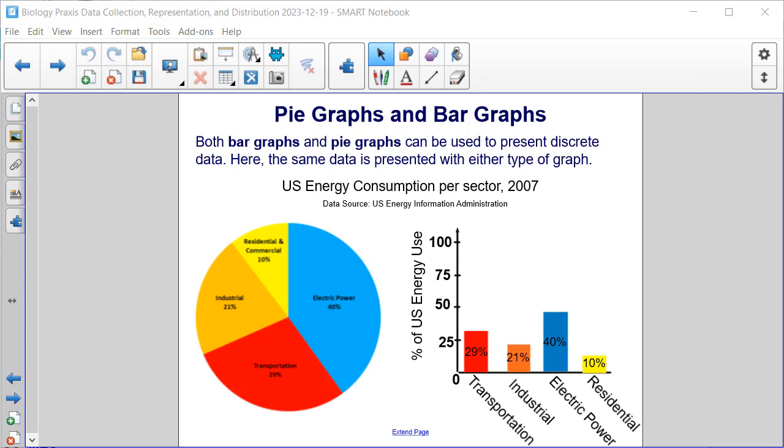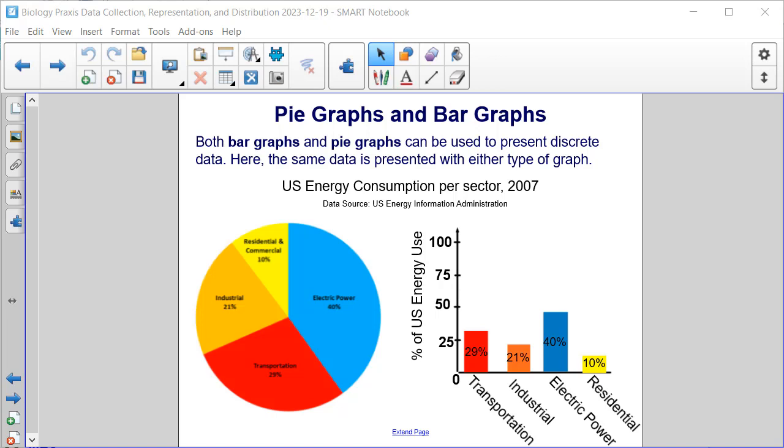Pie graphs and bar graphs. Both bar graphs and pie graphs can be used to represent discrete data. Here, the same data is represented with either type of graph. So this is U.S. energy consumption per sector in the year 2007 from the U.S. Energy Information Administration. And you can see